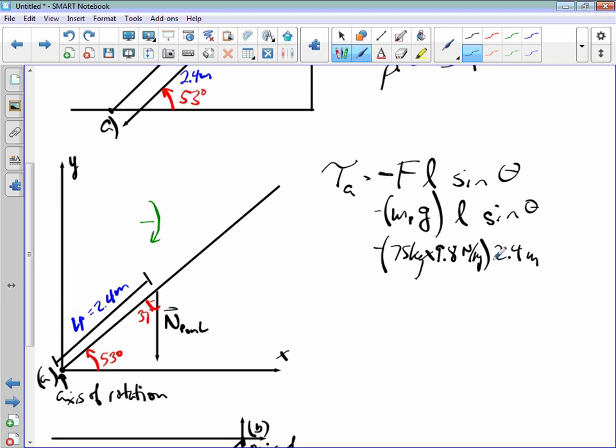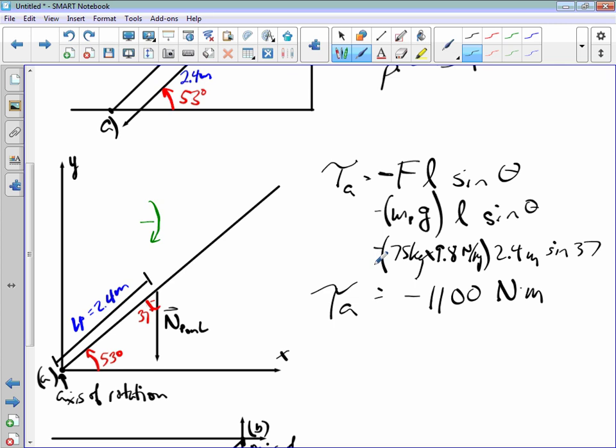And it is the angle between the lever arm and the force, which ends up being 37 degrees, not 53. So sine of 37. If you calculate that, you end up with a torque at point A of negative 1100 Newton meters. So torque has to have a force value and a